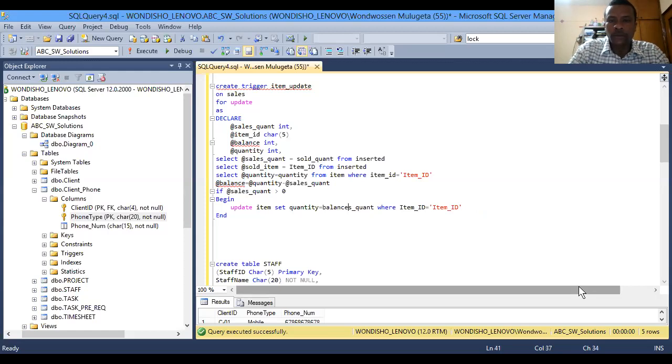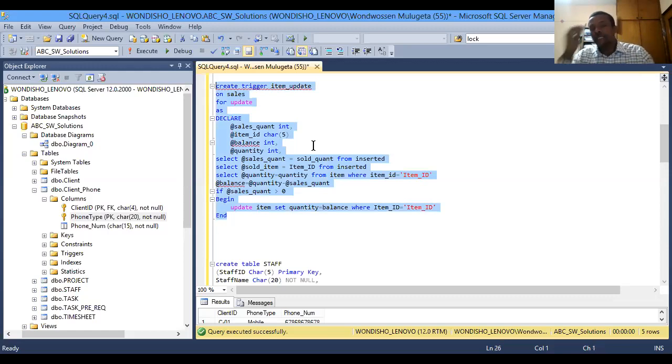This is how I say it: whenever the sales quantity is greater than 0, it means something was sold. If it is 0, I'm not going to do anything. Whenever it is greater than 0, begin, update the item table, set the quantity to the balance, meaning the current quantity minus the sales quantity, where the item ID equals item ID, the item ID we took here, because we only update that specific item. And if you run this trigger, the moment you update the sales table,